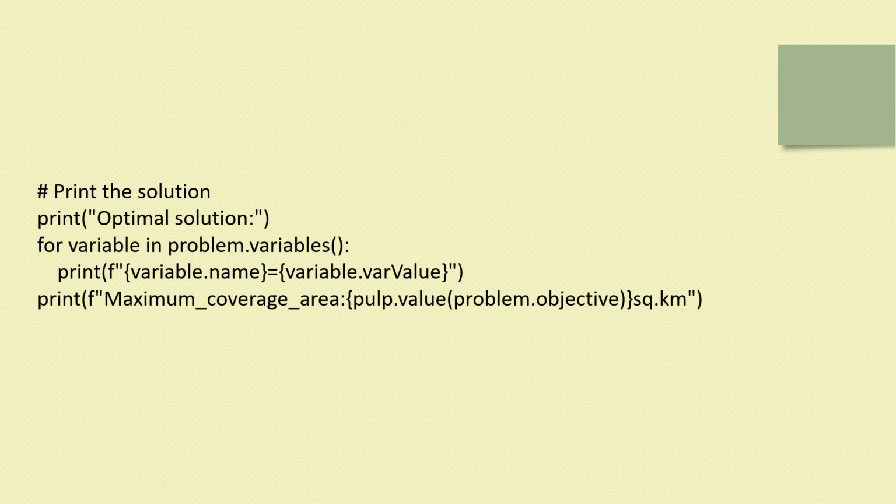So for printing the solution, we use print optimal solution, and then for variable in problem.variables, print f variable is equal to variable value. So the value is binary, we know 1 or 0. If it is showing 1, it means we are installing an antenna. If it is 0, we are not installing an antenna. And then the next step is for knowing the coverage area. For maximum coverage area, we take all the sum,